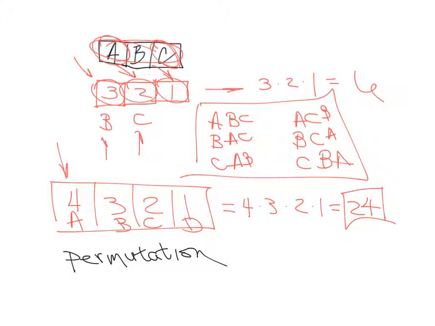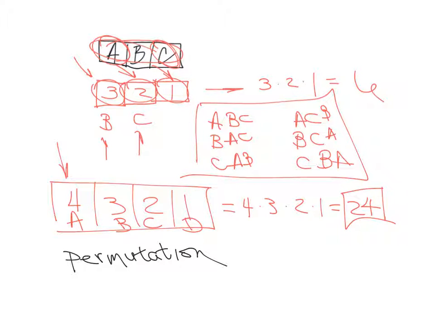So one of the ways of doing that would be a permutation. We call each different arrangement of the members of a set in a definite order a permutation of the members of that set, is what the book says. Okay, so if